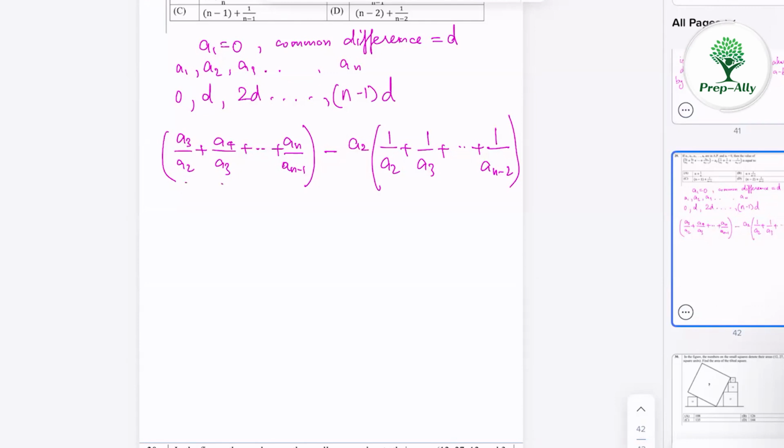So we have A2, A3 up to AN minus 1 here and A2, A3 up to AN minus 2 here. So let's write A3 minus A2 by A2 plus A4 minus A2 by A3 plus up to